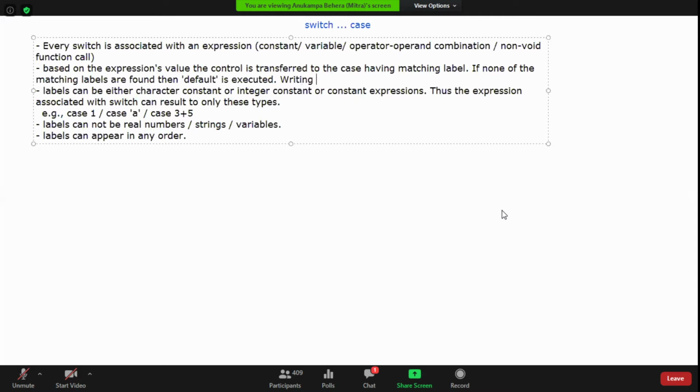Writing default is optional. Okay, so labels can appear in any order, default can appear anywhere.